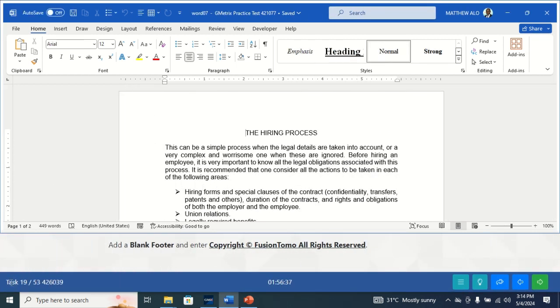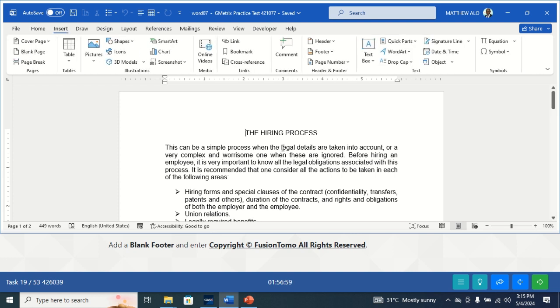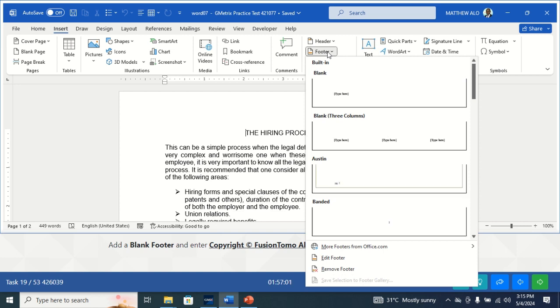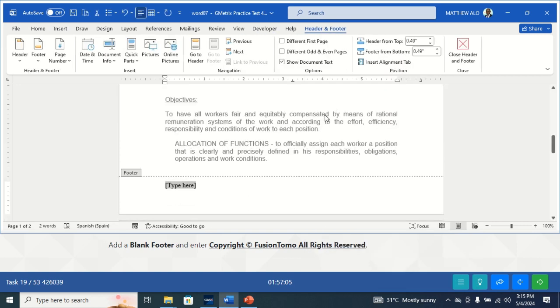Task 19. Add a blank footer and enter copyright Fusion Tomo all rights reserved. To do this, just go to the Insert tab, Footer, and select blank footer. Okay, then the text should be